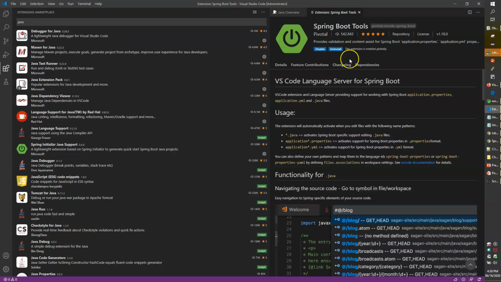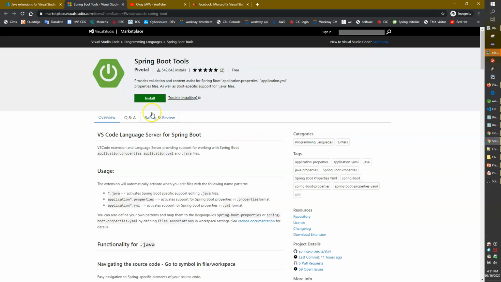Now you see here, because it says uninstall, it means that I already have the Spring Boot Tools plugin or extension installed in my VS Code. But for you guys, if you are very new and haven't installed it prior to this video, you will see an install button here. Simply click on the install button and then you're good to go. So this is the one part, and then we also need